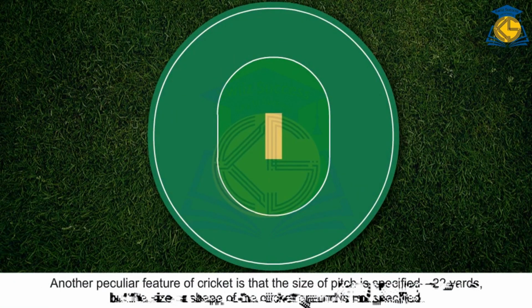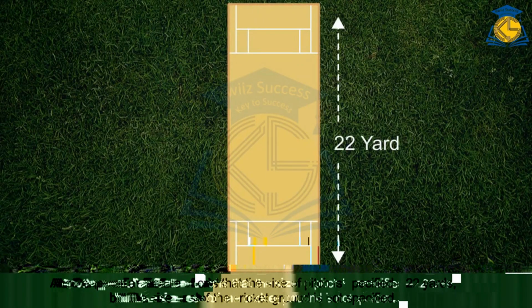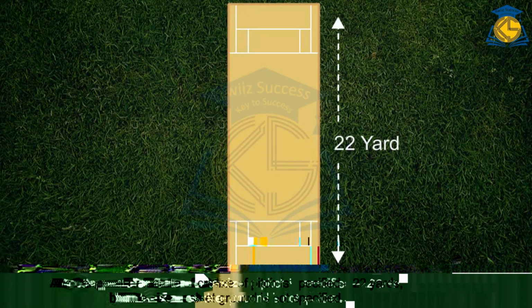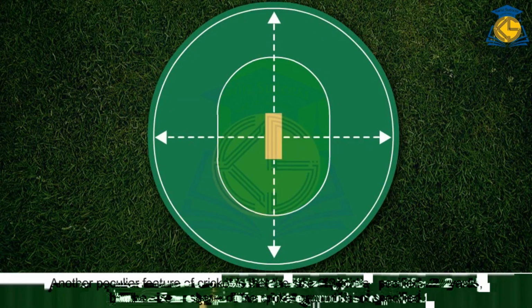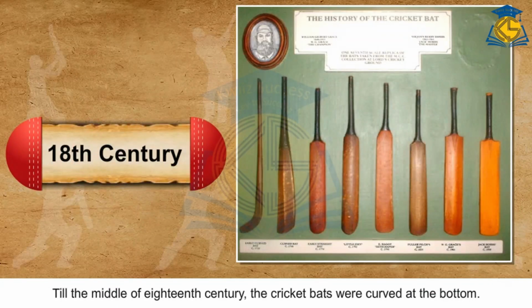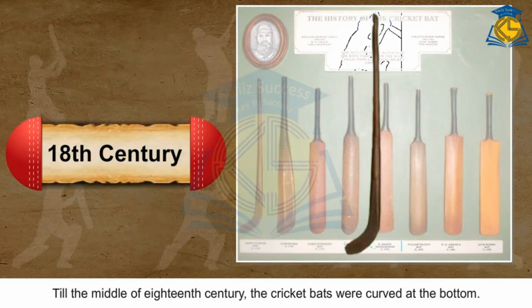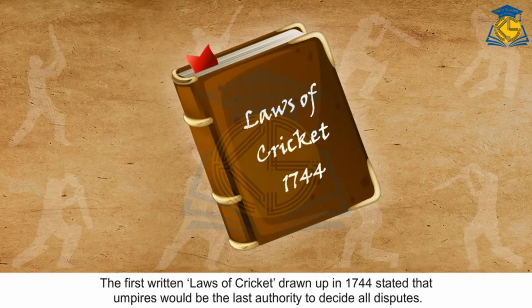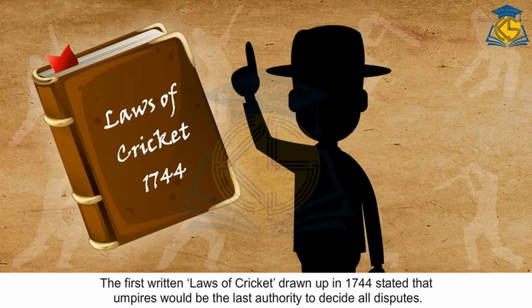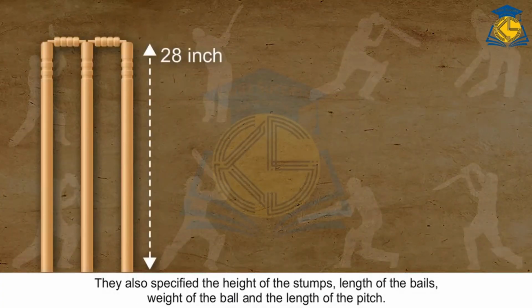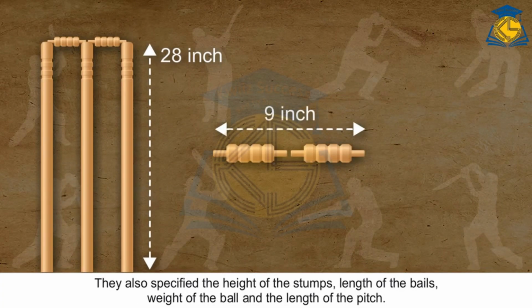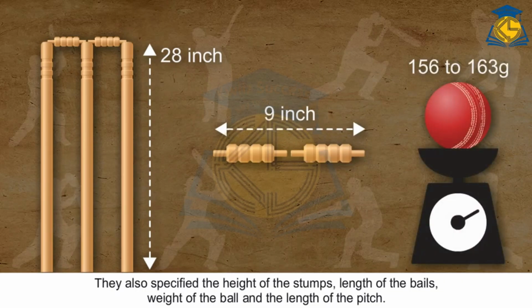Another peculiar feature of cricket is that the size of the pitch is specified, 22 yards. But the size or shape of the cricket ground is not specified. Till the middle of the 18th century, the cricket bats were curved at the bottom. The first written laws of cricket, drawn up in 1744, stated that umpires would be the last authority to decide all disputes. They also specified the height of the stumps, length of the bails, weight of the ball, and the